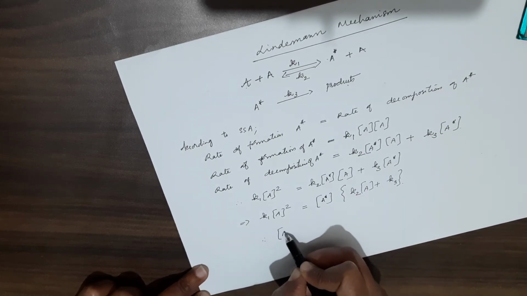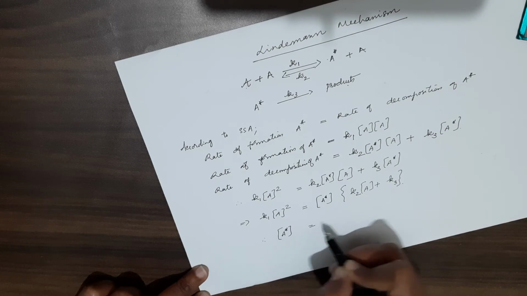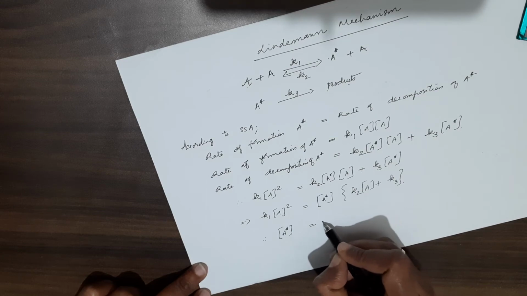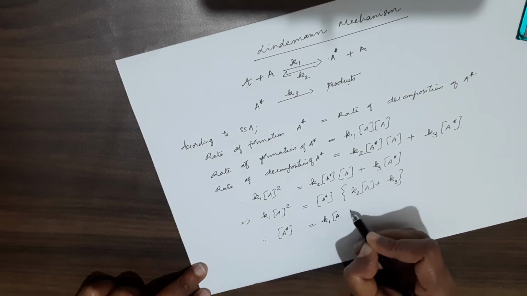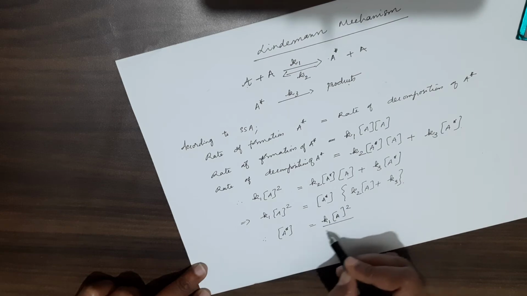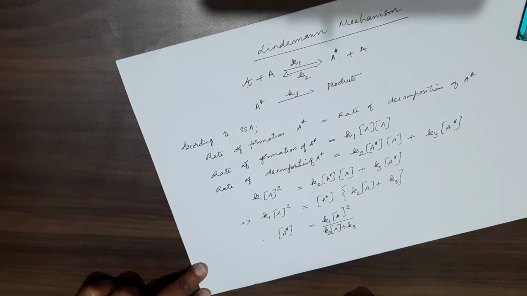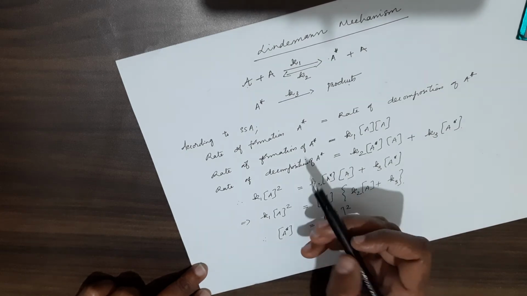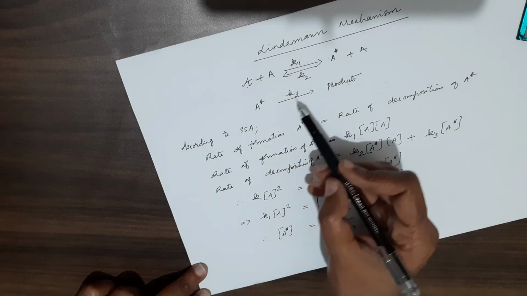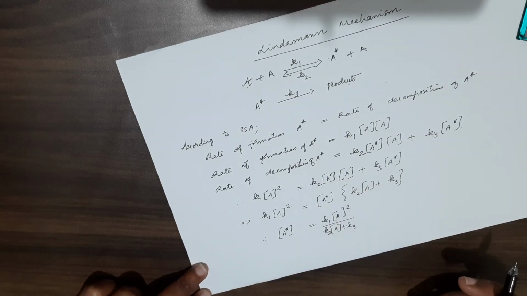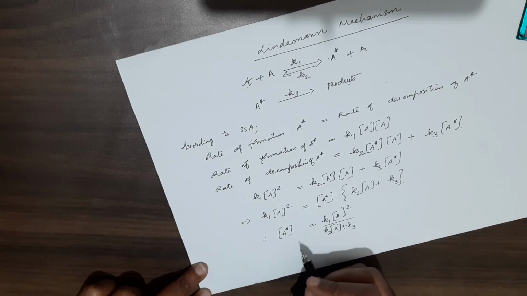Therefore, I got now the concentration of the activated gaseous molecule. Concentration of A star, I can write it as K1 A square divided by K2 A plus K3. But we know that rate of this reaction is the product formation. If you consider the product formation step, we can write that the rate of a reaction is equal to dP by dt is equal to,